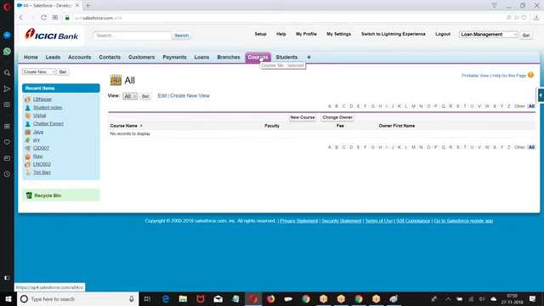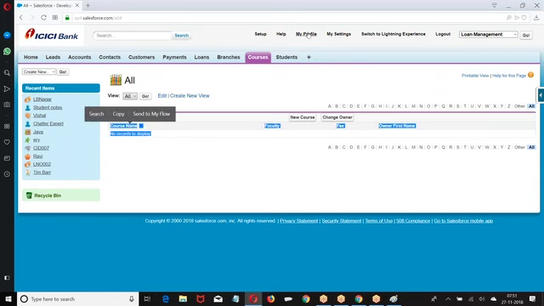When the student logged in to the course, there are no records visible because I gave OWD as private. When OWD is private, only the owner can access and others cannot see the record.